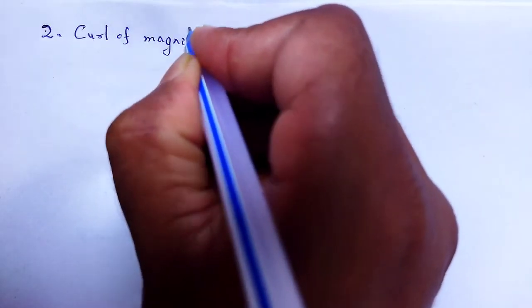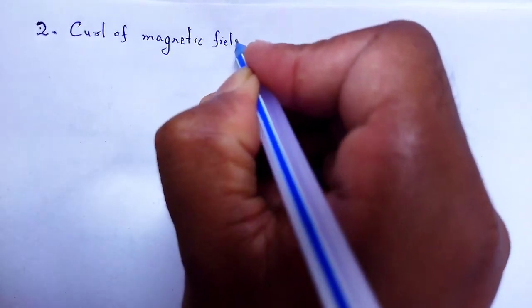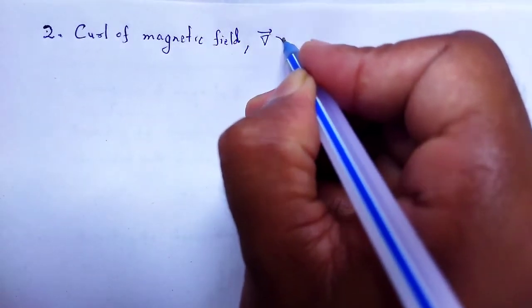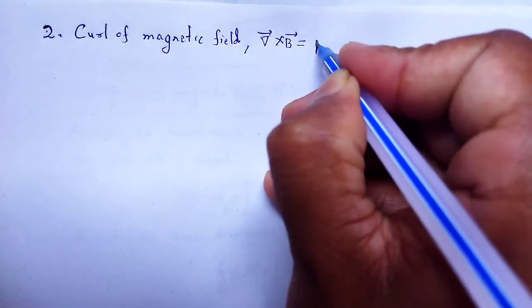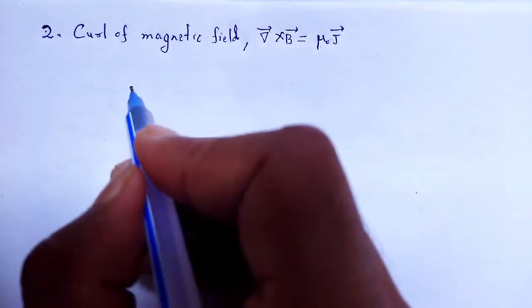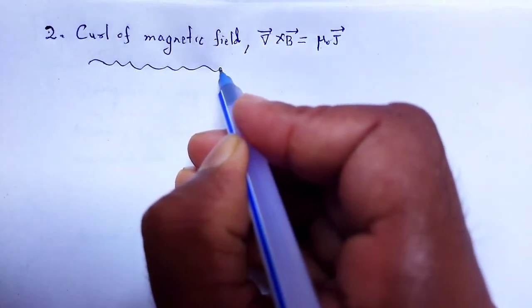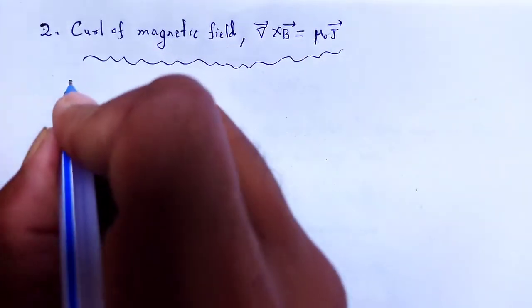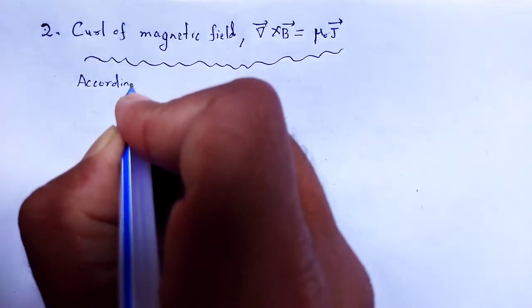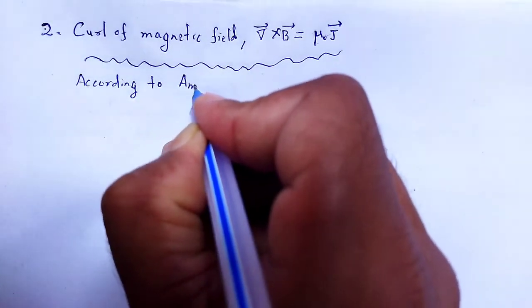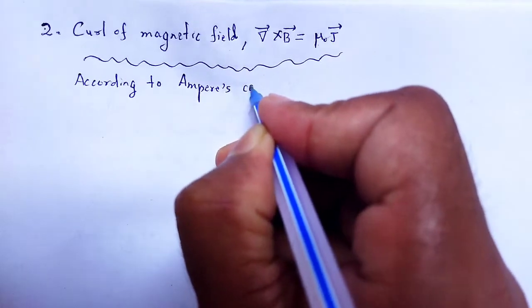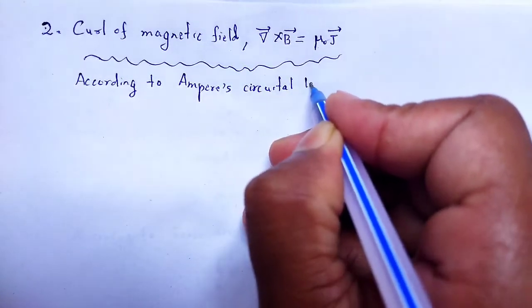Property number 2, curl of magnetic field, that is grad cross B is equal to mu naught into J. Let us prove that equation. According to Ampere's circuital law,